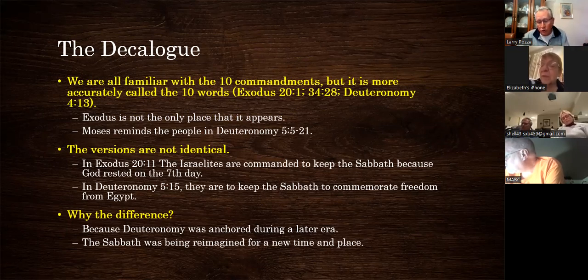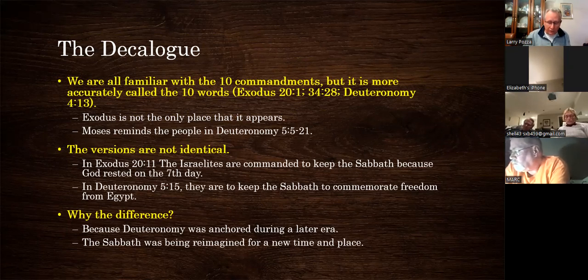But if you go over to Deuteronomy chapter 5, you have these 10 words that are given. And these 10 words are essentially the same as in Exodus. However, if you come down to verse 15, or again, I didn't put the full paragraph there. Go down to verse 12 through 15. It says here in Deuteronomy 5,